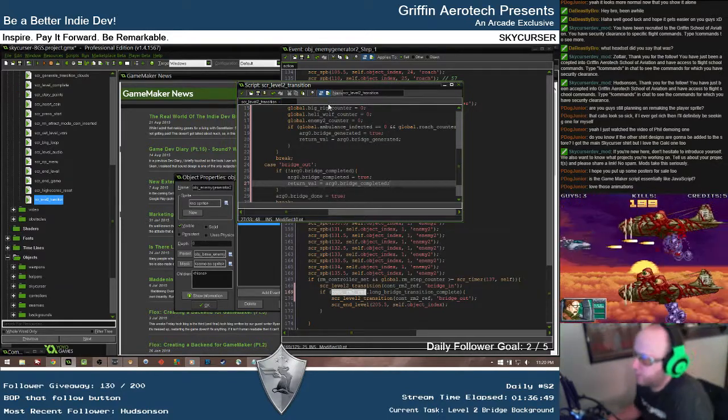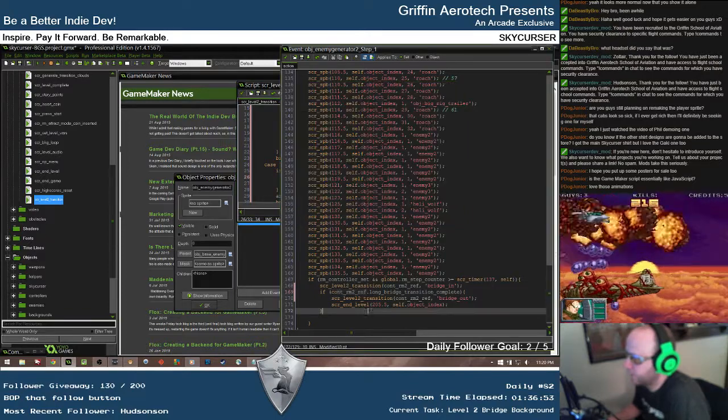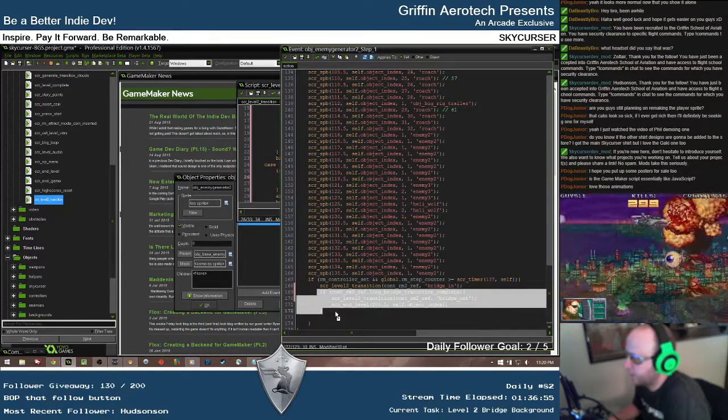Alright, so we're just going to set the bridge completed to true here. So inside of here we're basically